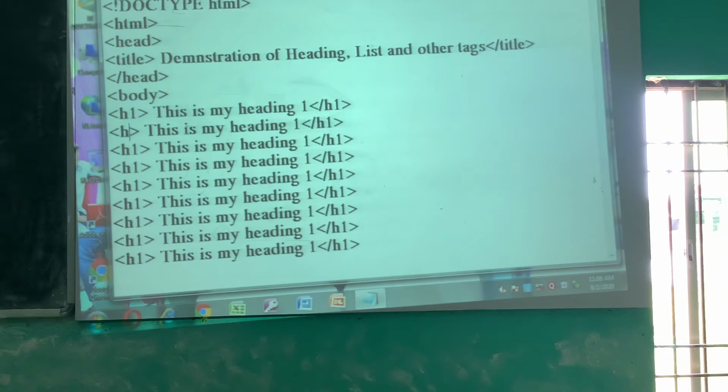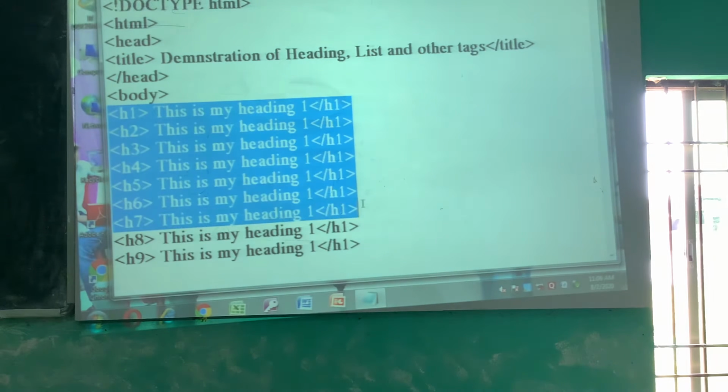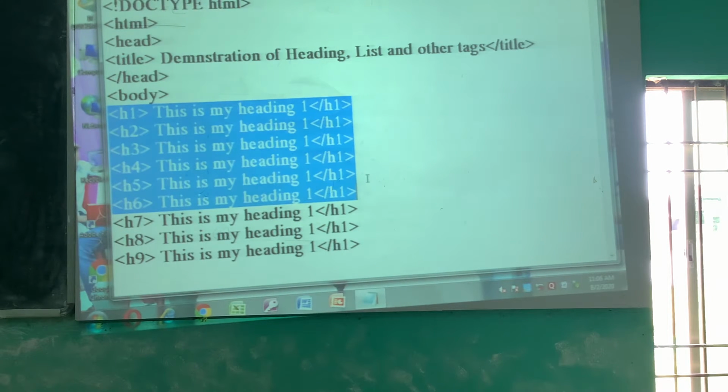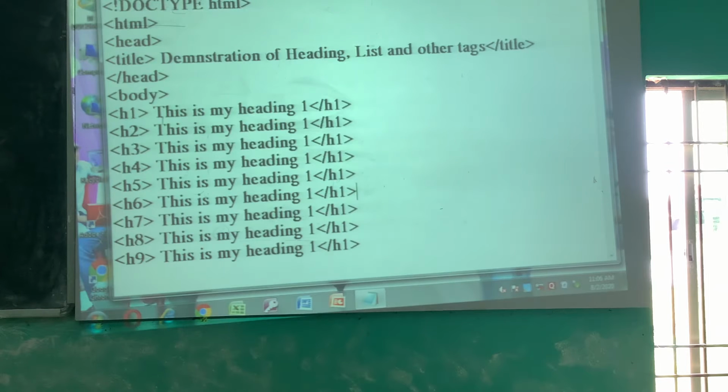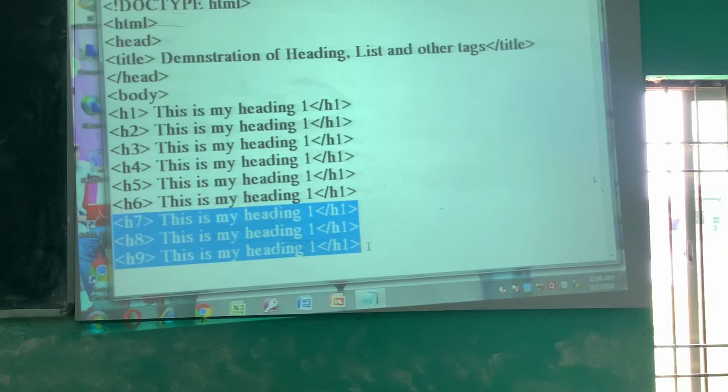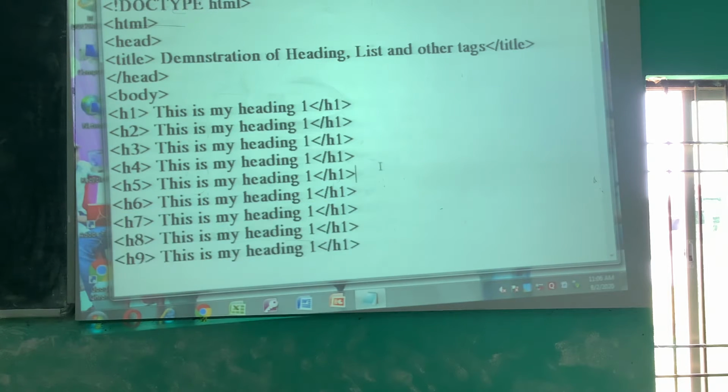Just change it to 3, 4, 5, 6, 7, 8, 9. This will give you accurate output, but there is no heading as H7, H8 and H9.